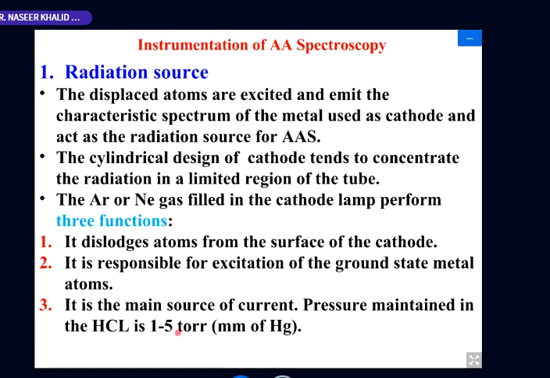Mind it, this low pressure is essential. When there is air, air is an insulator. It is not conducting electricity. It is not allowing the particles to move from here to there. But when they are at low pressure, these gaseous particles are ionized and they can move, they conduct electricity. So in order to conduct, we must have low pressure within the bulb, within the lamp.